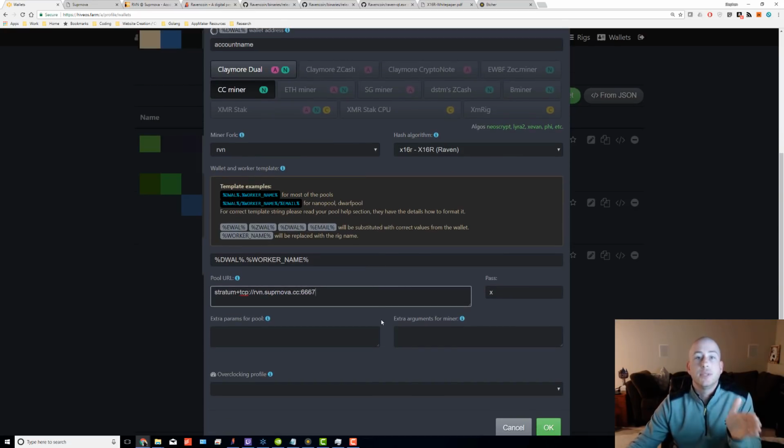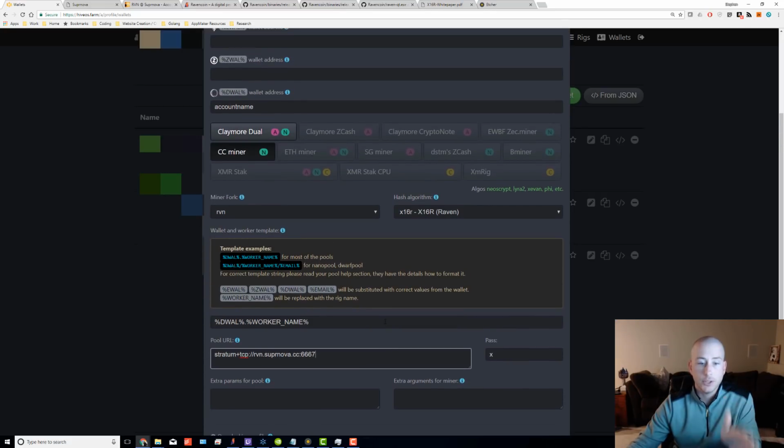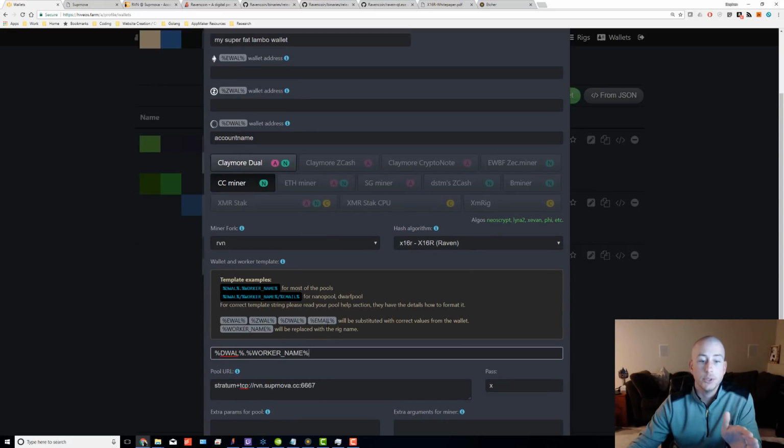And that's it. You've now set up CC Miner to be able to mine Raven on your rig and send that work to the Supernova worker and get it aggregated into Supernova and then cashed out. Awesome. You're off to the races. You're ready to go. The next thing to note, and I'll show you one of my wallets that's set up